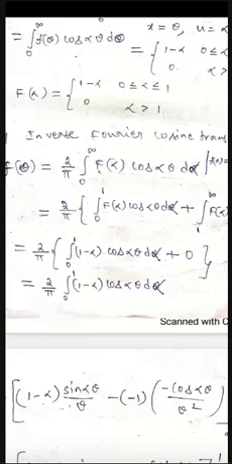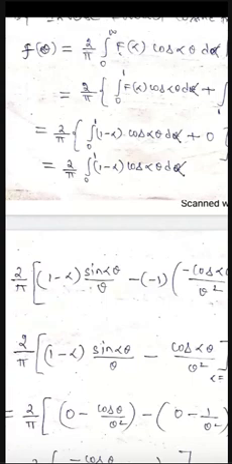So 2 by pi integration from 0 to 1, (1 minus alpha) cos alpha theta d alpha. We have d alpha; integrate this. I hope you are understanding. Any doubt, anything not understanding, you can ask me. Okay. So 2 by pi as it is,